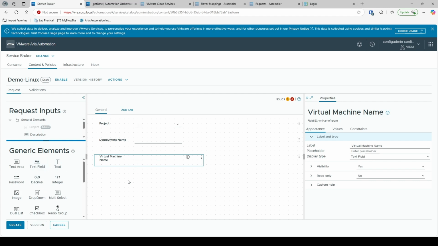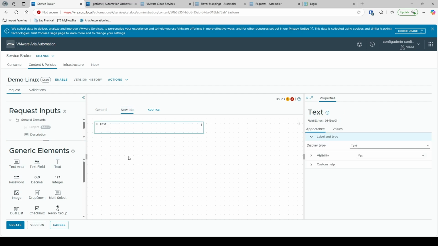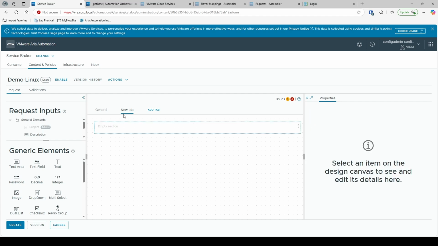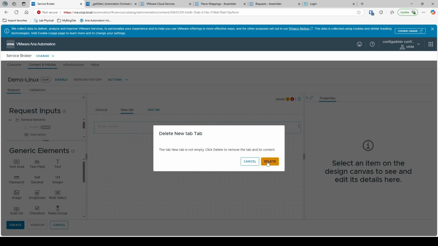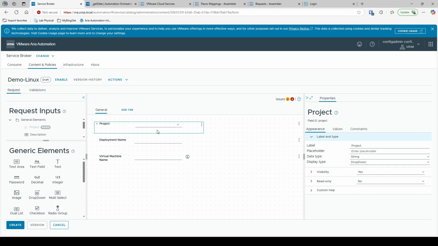In the middle, this is more like your canvas where you can build out your custom form. Notice here you can add a tab if you want, and you can drag elements onto that, and then the user will be presented this whenever they look at the custom form. Over on the right-hand side, when you select an element, or an input field rather,